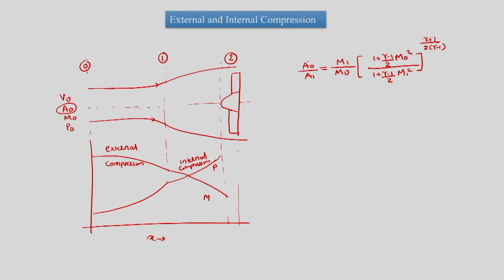This is the relation between the captured stream tube area and the inlet area of the intake. This is the flight Mach number and this is the Mach number at the inlet. So, this we can plot